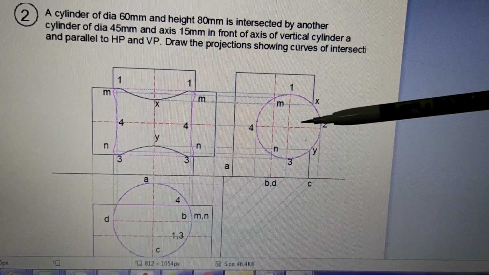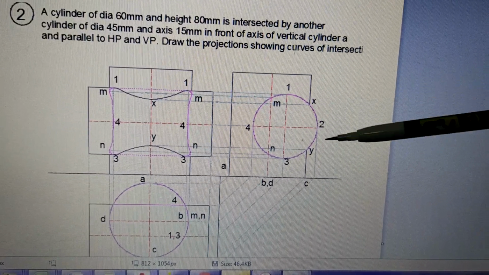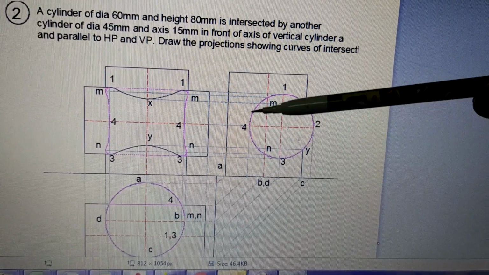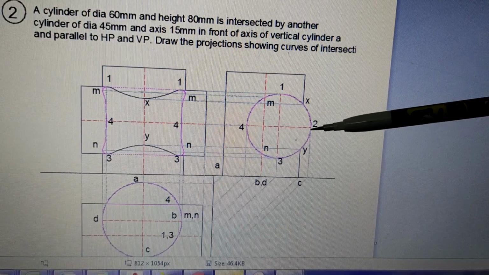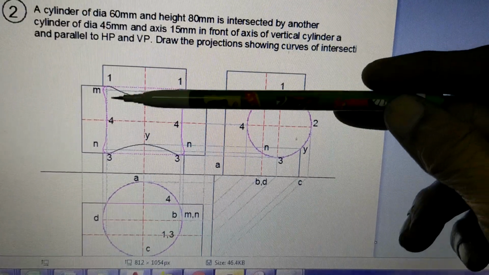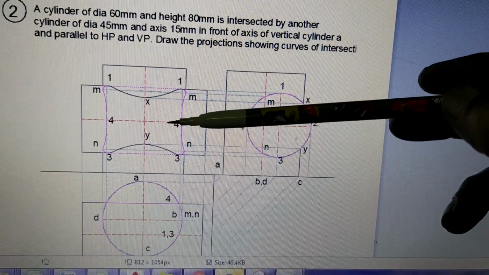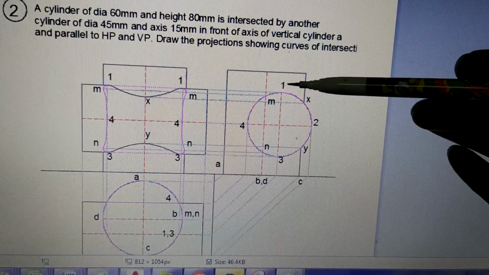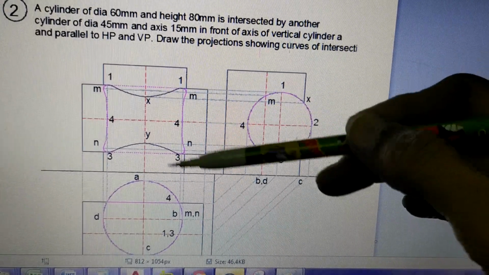Now when both solids are cylinders, the very first thing is there are no edges. Last time when this was a square prism, the square prism was having edges at 1, 2, 3 and 4. Now this is a cylinder, so there will not be any edges anywhere. So when there are no edges anywhere, what it means is that in the intersection curves, there will not be corners anywhere. You will see when you complete the work. Now let us see how do we go ahead. So like last time, the objective is very simple, to mark all the points in all the three views.